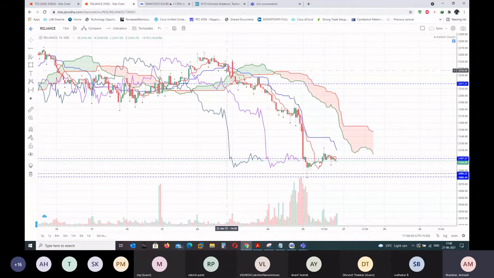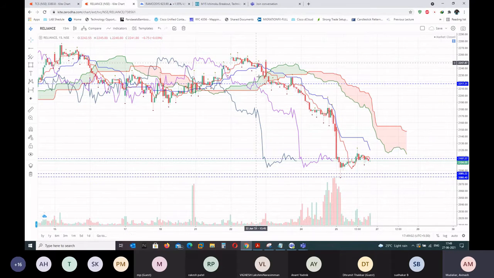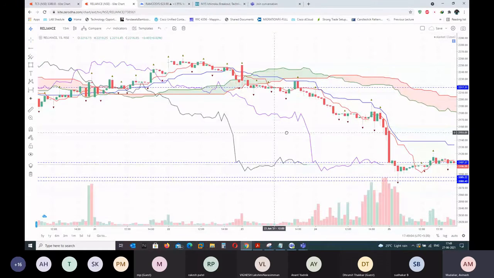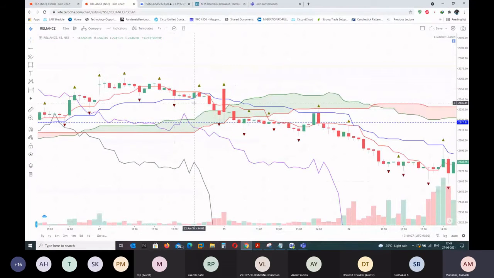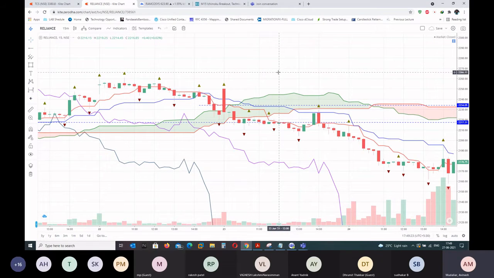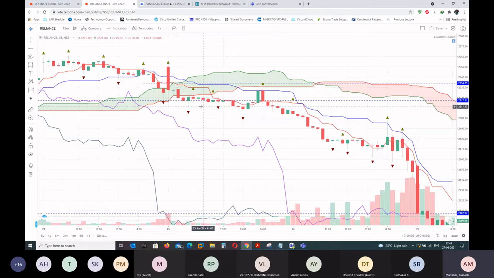Whenever the 9 period is below the 26 period, that indicates bearishness, meaning the market is on the sell side. This is a very basic strategy. If you simply want to trade a crossover, you wait for a crossover. For example, here the red line came below the blue line, and then you have a candle closing below Tenkan. As soon as you see a candle closing below Tenkan Sen and you have a crossover, you can sell below this low, and you can stay in the trade.